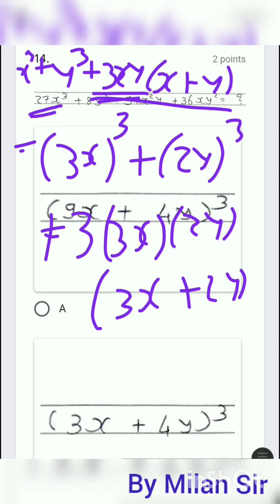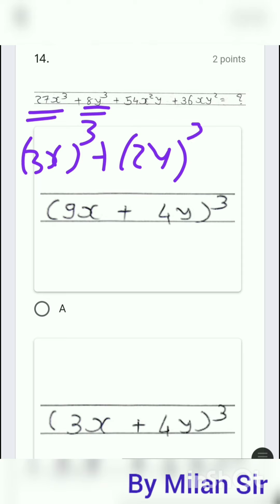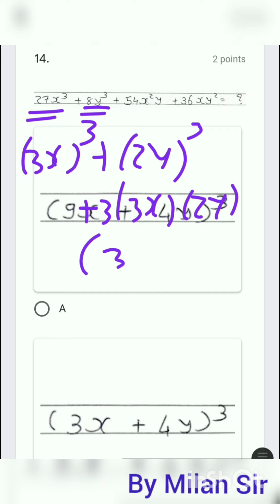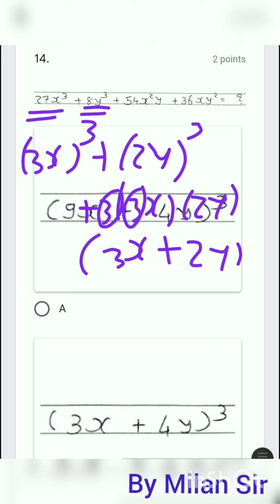Okay, so this is the format. Now we need to check our original equation. Again, first of all, in place of 27x cube we can write (3x) all cube. In place of 8y cube we can write (2y) all cube, plus 3 into first bracket 3x, second bracket 2y, in bracket first bracket 3x plus 2y. Now multiply this answer. 3 3s are 9, 9 2s are 18, and we need to multiply that with our first term. So 18 into 3 is 54, and x into x is x square y. Now check the second term even. Again 3 3s are 9, 9 2s are 18, 18 into 2 is 36. So we have here 36xy square.